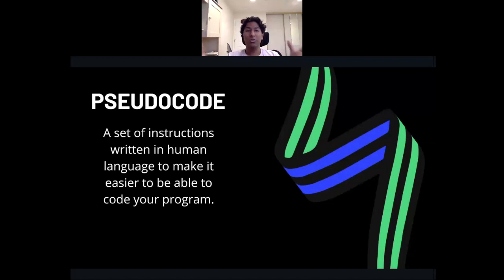Pseudocode could be something like picking up this notebook and tossing it somewhere, or something like finding a name in the dictionary. And with pseudocode,